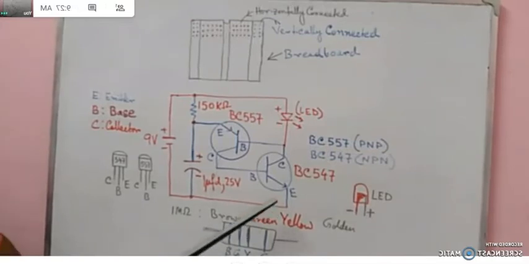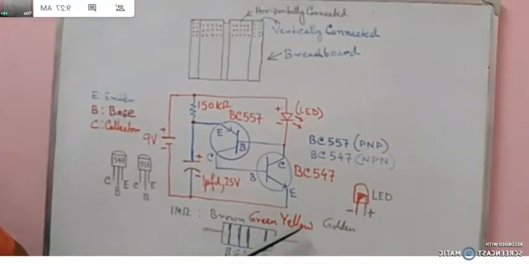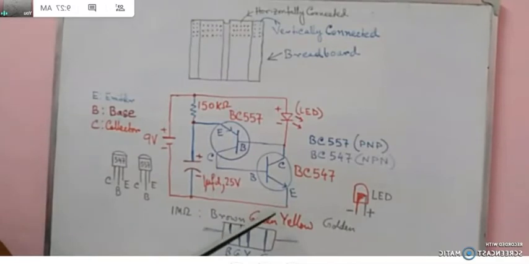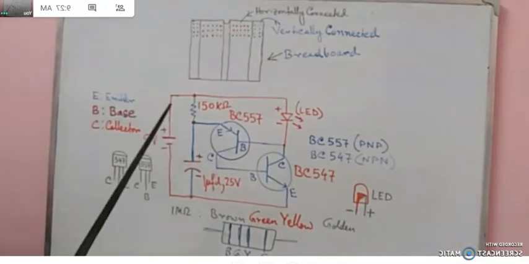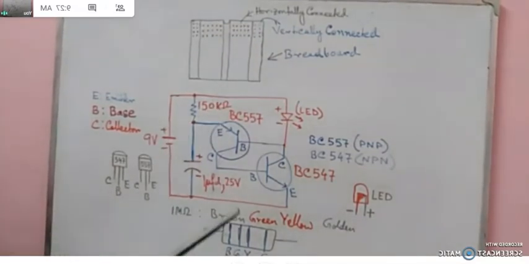So ultimately it will be 15 times 10 to the power 4, since yellow is 10 to the power 4. So that is 150 kilo ohms. This is the value of the resistor, and golden is for tolerance. Tolerance is how much for golden? Plus minus 5%. We just see the value, because we generally don't look at the tolerance. So the value is 150 kilo ohms. Clear?